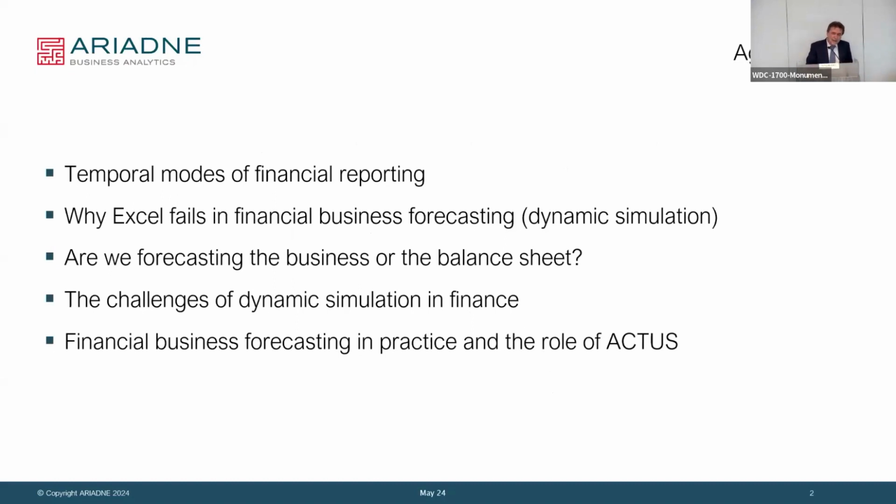Then there's another intermediate step. What are we really forecasting? So what are we forecasting and what are we deriving? And then I will go into the practice of dynamic simulation, how that looks, the calculations, what you're doing, of course, in a simple way. And then I make the bridge to forecasting in practice. Actually, there will be a presentation right after lunch where you will see what I explain now in a more theoretical way, how it's done really in practice. You will see a dynamic simulation.